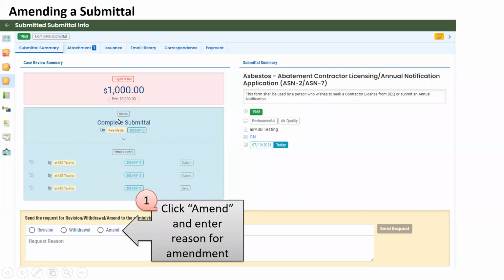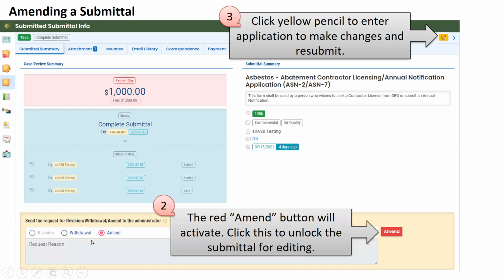You would be able to come into this track submittal area and again, access this submittal using the submittal ID. And once you get to the submittal summary landing page, you'll see that you have this amend option here. This amend option is what you will click on to be able to unlock the submittal for editing.